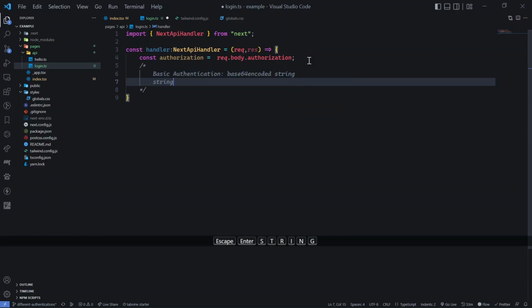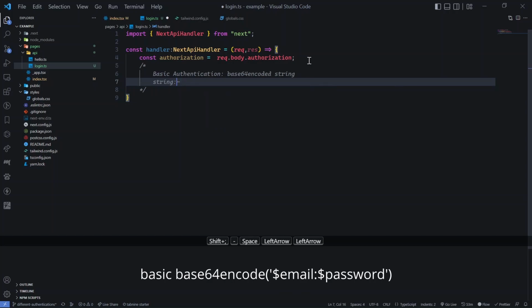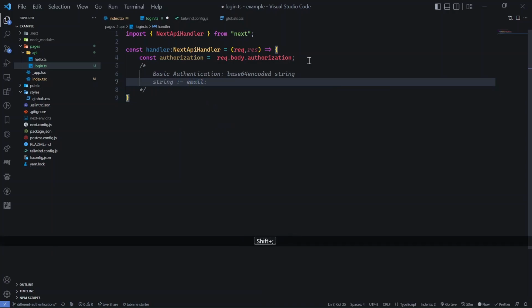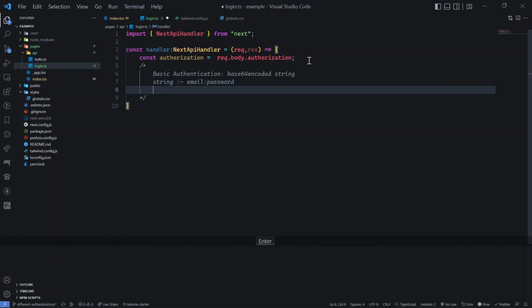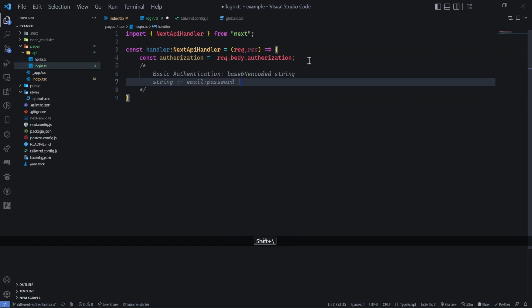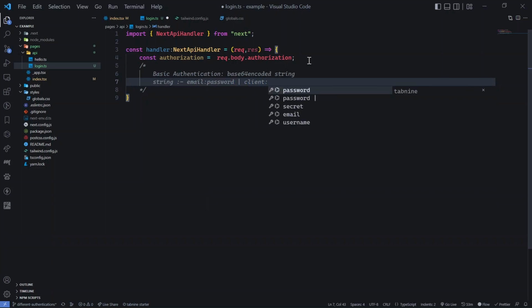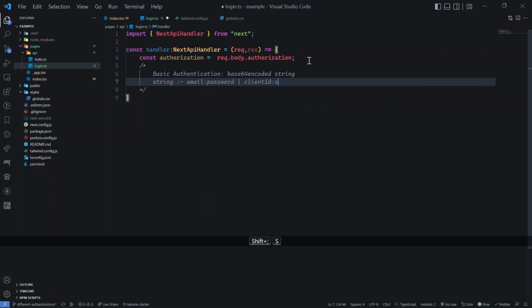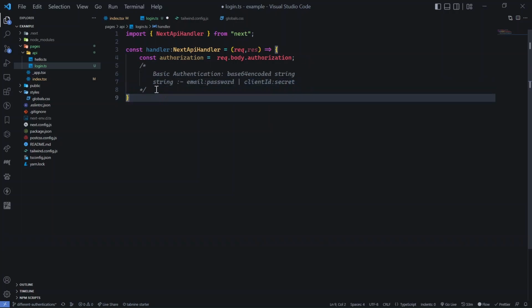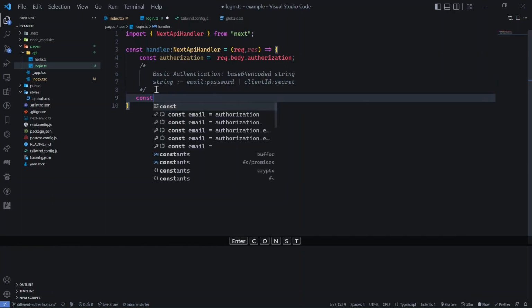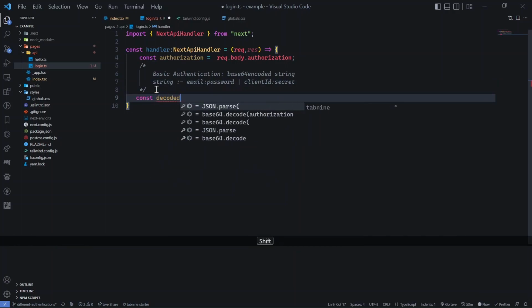The string is nothing but, if it is username password, then it would be email and then colon and password. If it is, let's say, client ID secret, then it would be along the same lines: client ID colon secret. So accordingly we first need to decode it. Okay, so const decoded token equal to